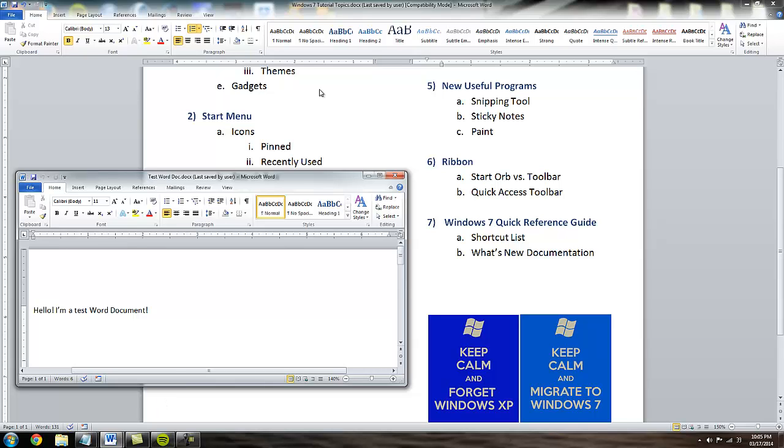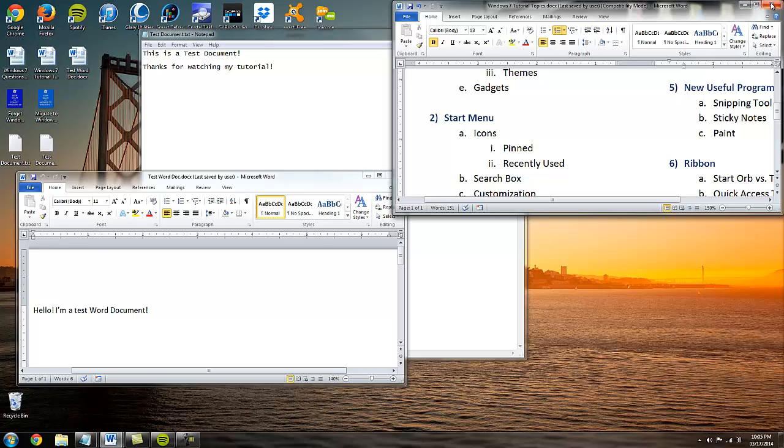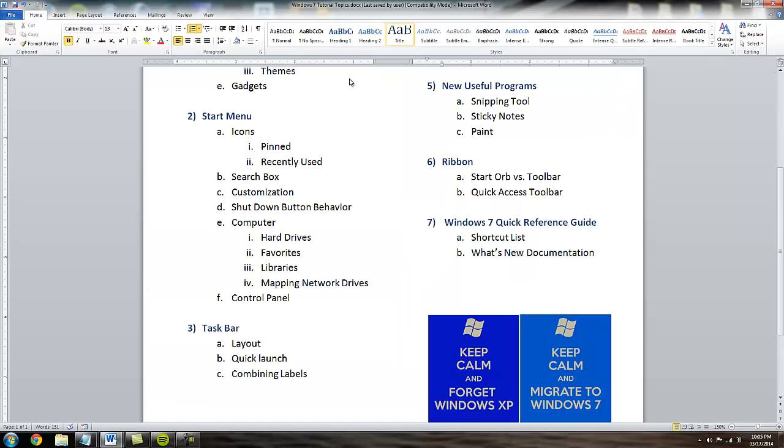Now, one very cool thing about the window behavior is dragging to resize things. Now, dragging to resize things gets a little complicated when you have multiple monitors. Just keep in mind, if you have an edge that you can drag something to, then you can resize the window. So instead of, like in Windows XP, of just minimizing or restoring down or closing the window,